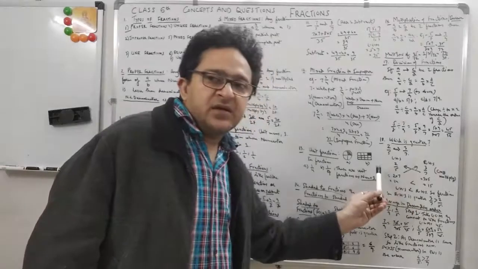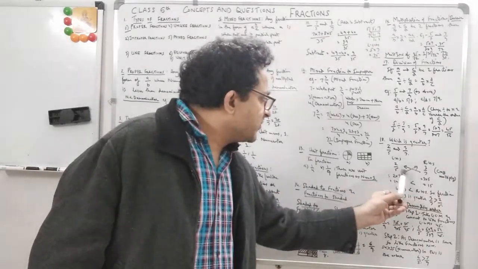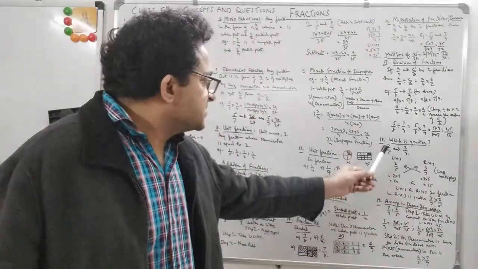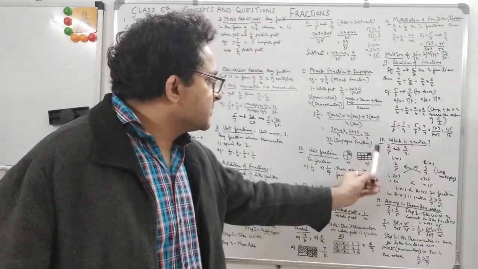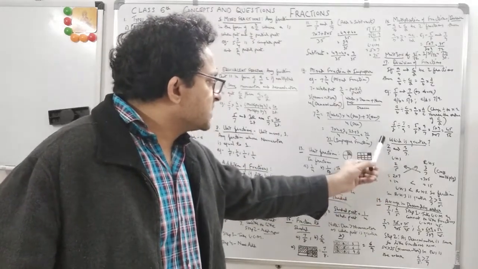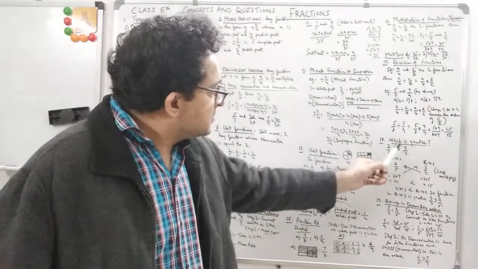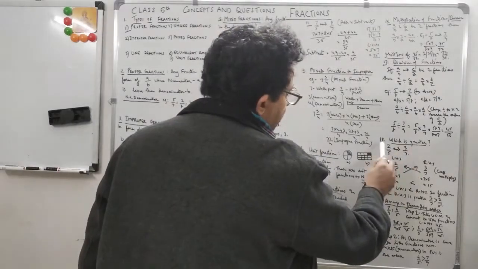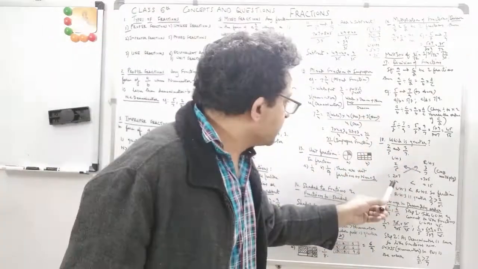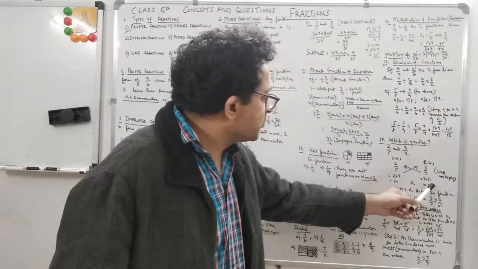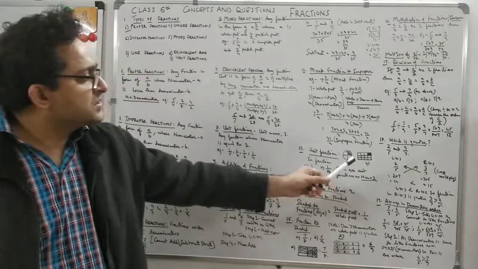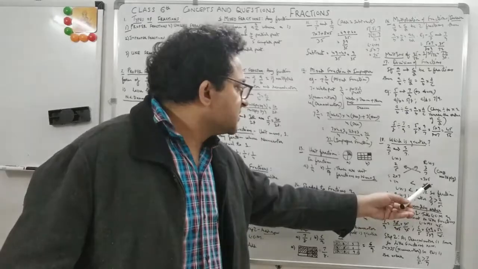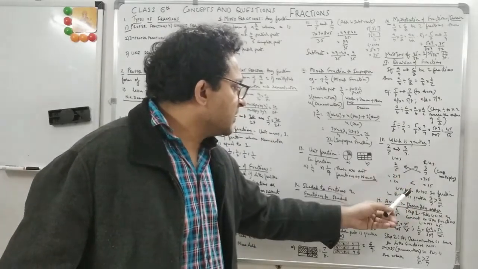So what happens? This is a cross multiply, which means you will have to multiply. You just put this cross multiply sign. On the right hand side it is 7 into 2 or 2 into 7, same thing. Ultimately the answer you are getting is 5 into 3 over here, and 7 into 2 you are getting here. Simple. So 7 into 2 is 14, you put it over here, and 5 into 3 is 15, you put it over here. Now the fraction on the right hand side will be greater. So 15 is greater than 14, so 3 by 7 will be greater than 2 by 5.